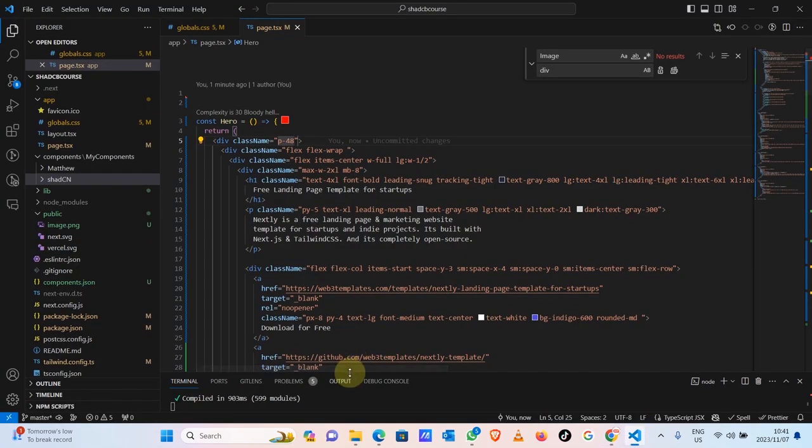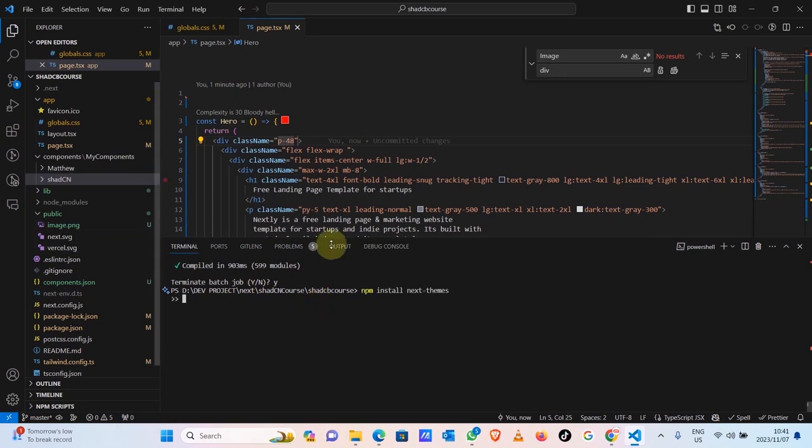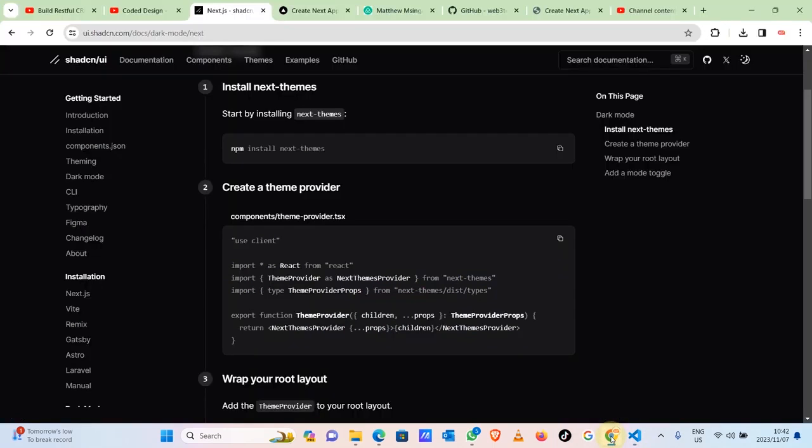Go to our code. Let's stop the server from running, and then let's paste that. So what we are doing, we're installing the next theme. Let's just wait for that to finish. Meanwhile, it's busy. Let's go to the documentation. After we are done